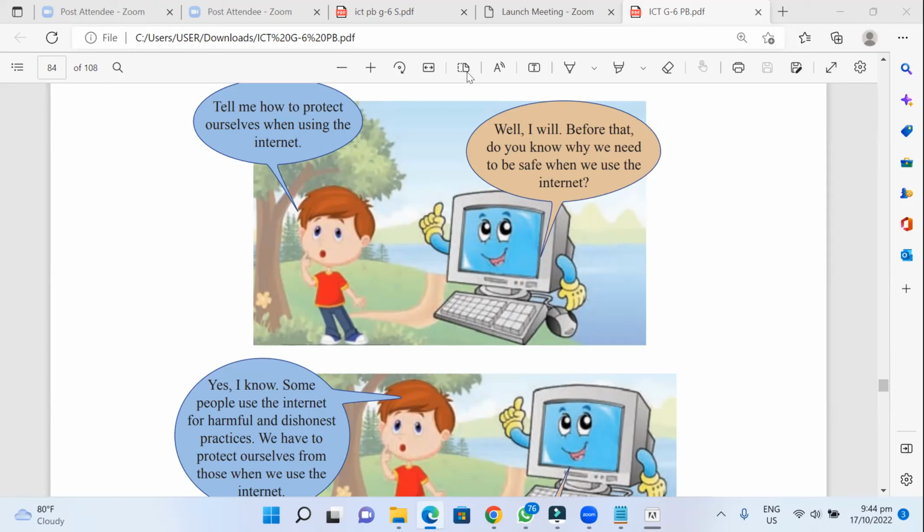Let's say a website is asking for your address, telephone number, bank details, a lot of details about you. Then without getting advice, do not provide information to those websites. Even though you trust it, ask an adult whether it is really required. That is one thing. And another important thing is access control.